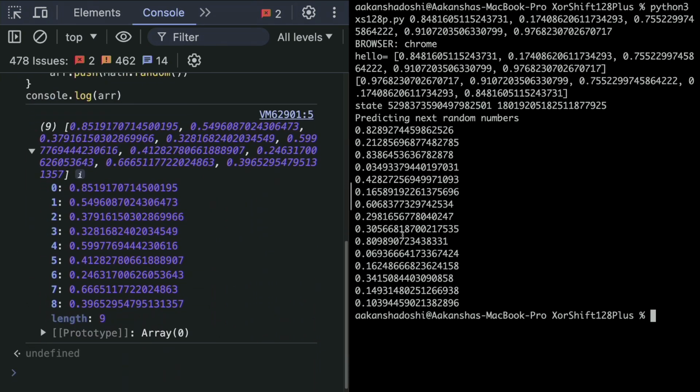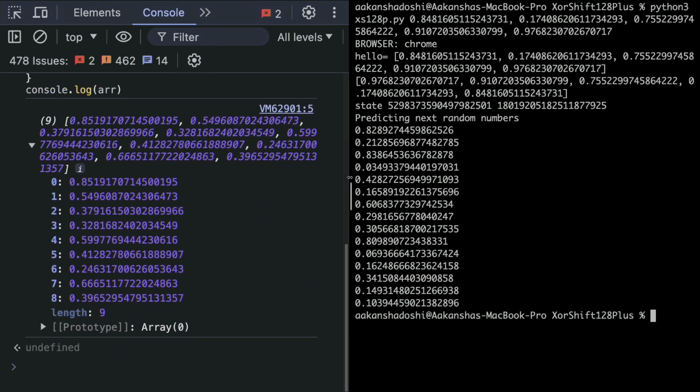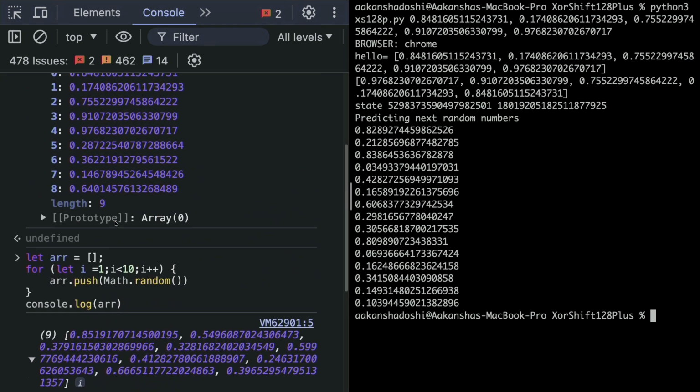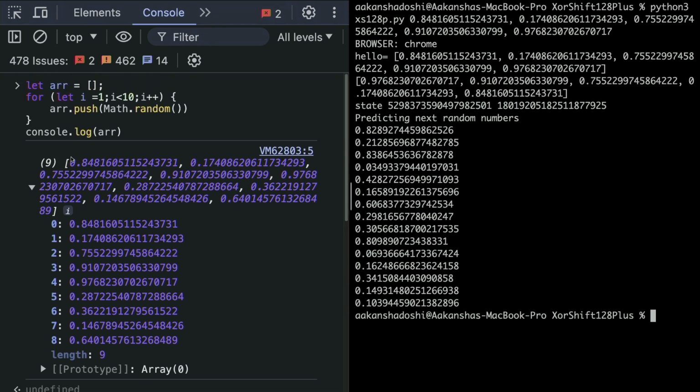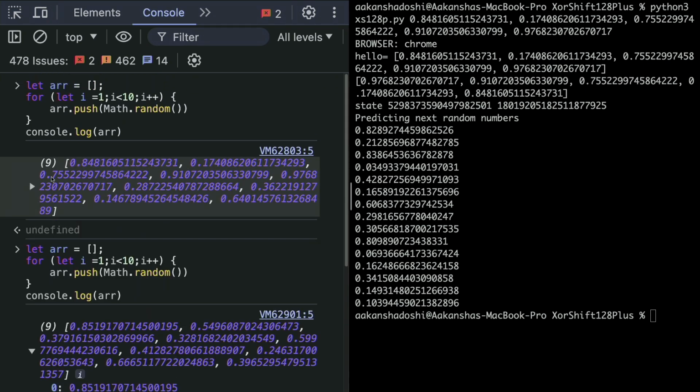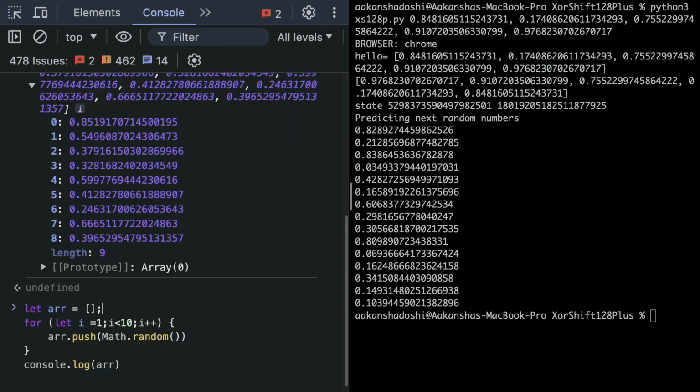For some reason, I'm not able to see the numbers here. Give me a second. I'll do it once more just to be on the safer side, to make sure that I actually copied it correctly. Let me try to run it once more.